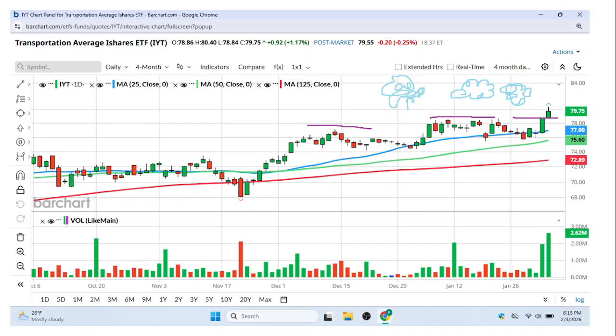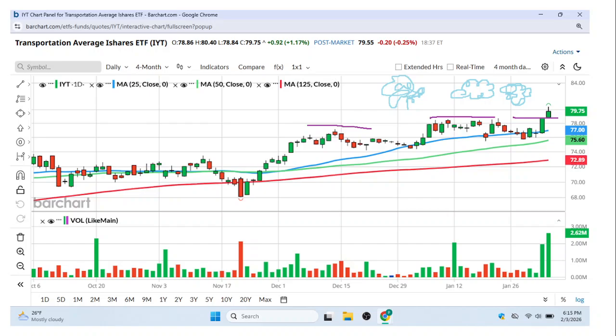Now, another interesting thing is we've got the transportation average ETF, IYT. This looks totally different than that other chart. This looks like higher prices in blue skies above, where there is no resistance, there is no supply. So you can see a resistance area here. We can see some new highs here. We can see a gap down, but prices kind of sprang right back up. We can see some green volume, a lot of green volume. And then we broke out through that resistance. So that looks very positive as far as prices going up for that ETF, for that index.